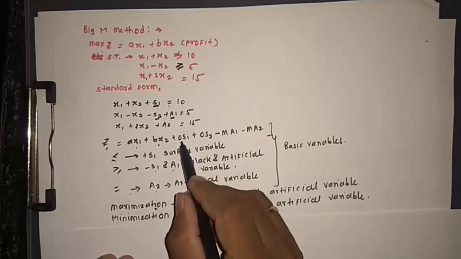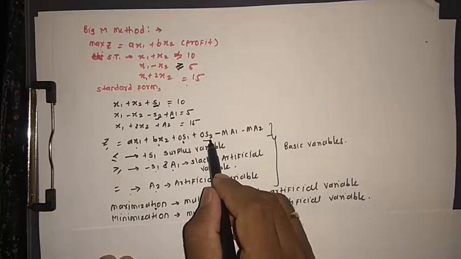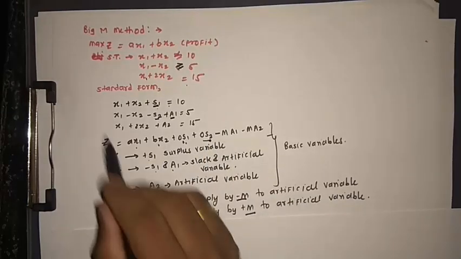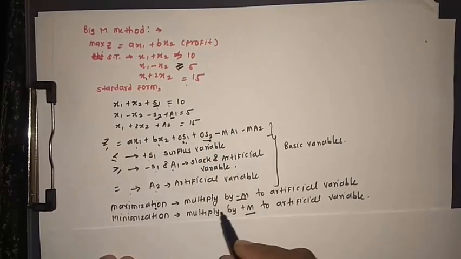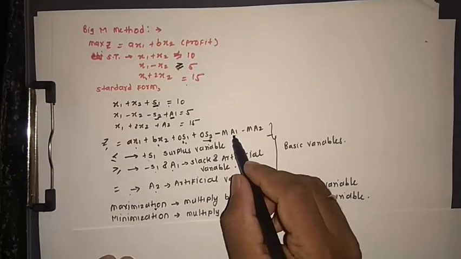We are adding the slack variable plus 0 s1, it having the 0 coefficient. After that we are adding the 0 s2, that is the second slack variable. This is the surplus variable, this is the slack variable. After that, as this is the problem of maximization, we multiply the minus M by the artificial variable, and we